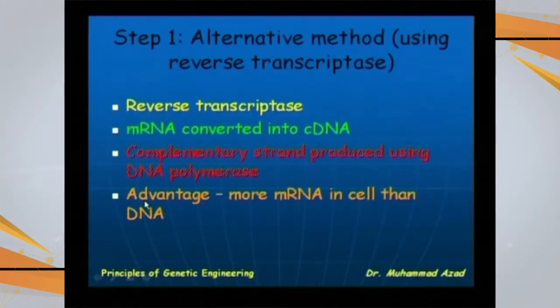So we can make complementary DNA by using mRNA from any cell. First we have to isolate the mRNA, which has all the codes for that specific product, then treat it with the reverse transcriptase to make a complementary DNA. So continuing our slideshow, this was about how reverse transcriptase is going to work.